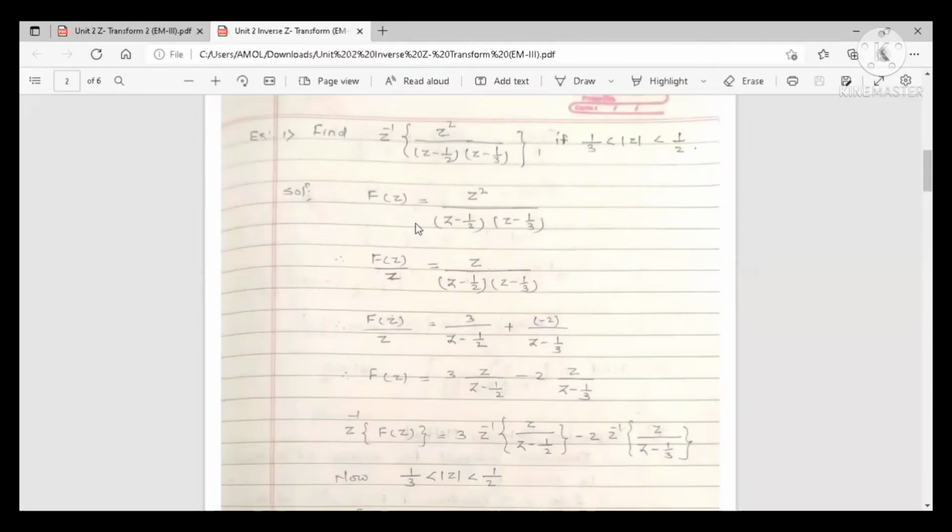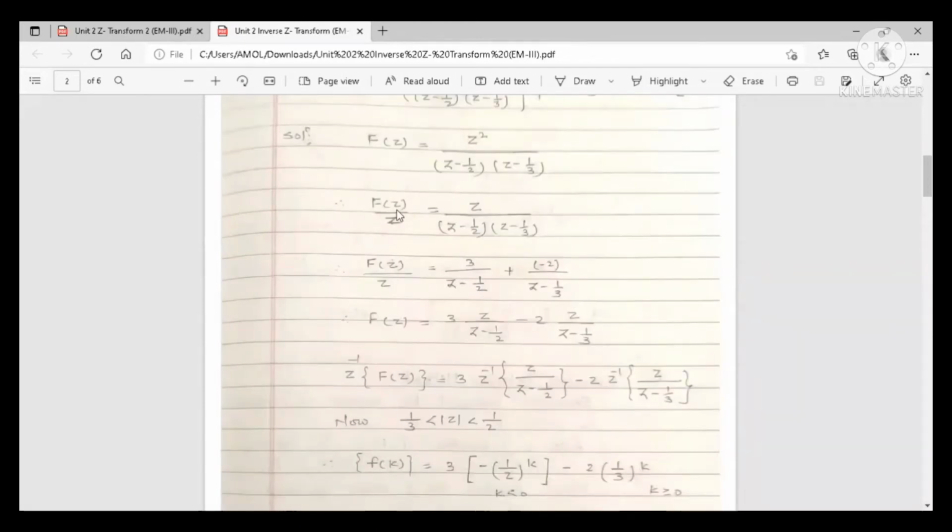So you divide both sides by z, so that we have f of z upon z is equal to, in the RHS term, z square upon z. So one z gets cancelled, and in the numerator only one z is there. So the term in the RHS is z upon z minus half into z minus 1 by 3. This is the f of z upon z term. Now we are going to do the partial fraction for this term. F of z upon z is equal to